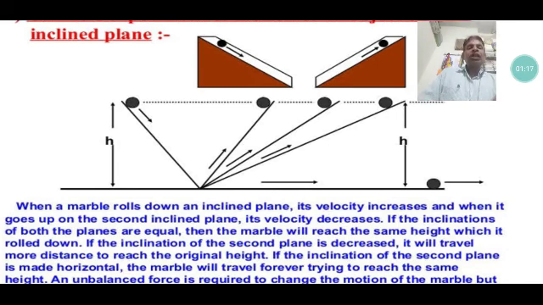Galileo made two inclined planes, left side and right side, and a ball is allowed to move down the left inclined plane, and it moves up on the right side plane. Gradually the inclination of the right side is reduced until it is horizontal, and he expected that the ball will continuously move on the horizontal plane